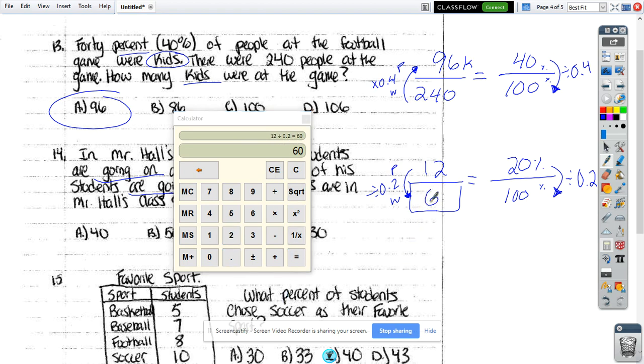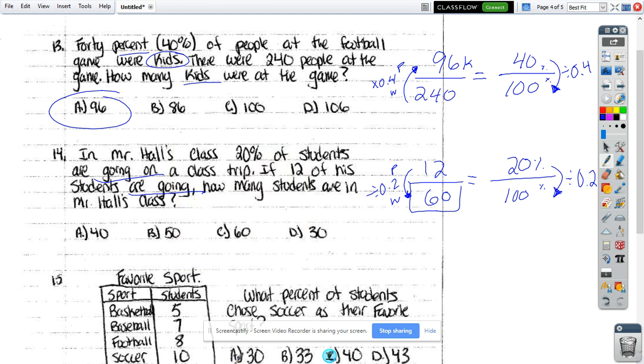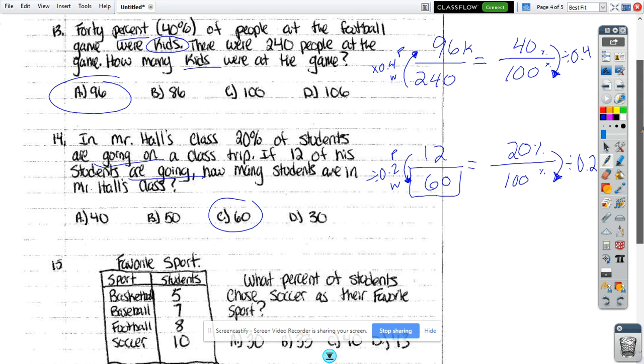I get 60. The other thing you could have done is you could have done, well, 20 times 5 is 100. You could have done 12 times 5 is 60. And same thing, dividing by 0.2 is the same as times 5. So I end up with C, 60. Next problem,